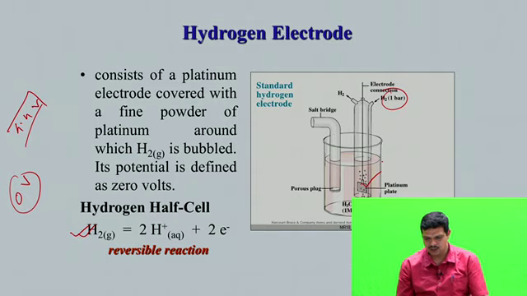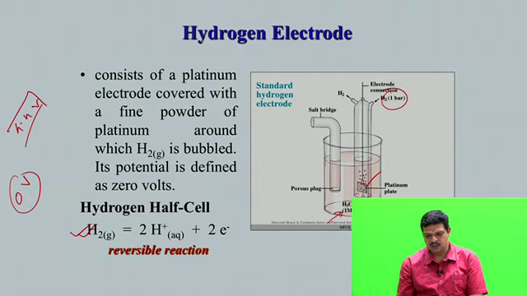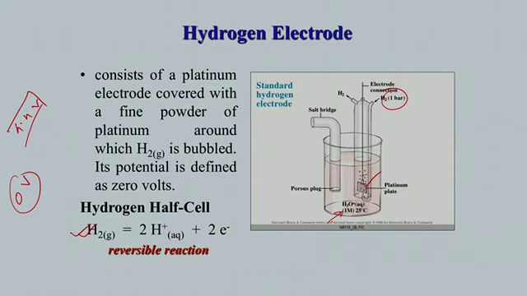This is a standard condition, and H3O plus is 1 molar. So, 1 molar acid solution. Okay. So, this is just a convention. There are a lot of other standard electrodes, as example calomel. Okay. But the hydrogen electrode is more popular and very easy to construct. Okay. So, most of the discussion and the slides I will show, all the potentials are basically with respect to